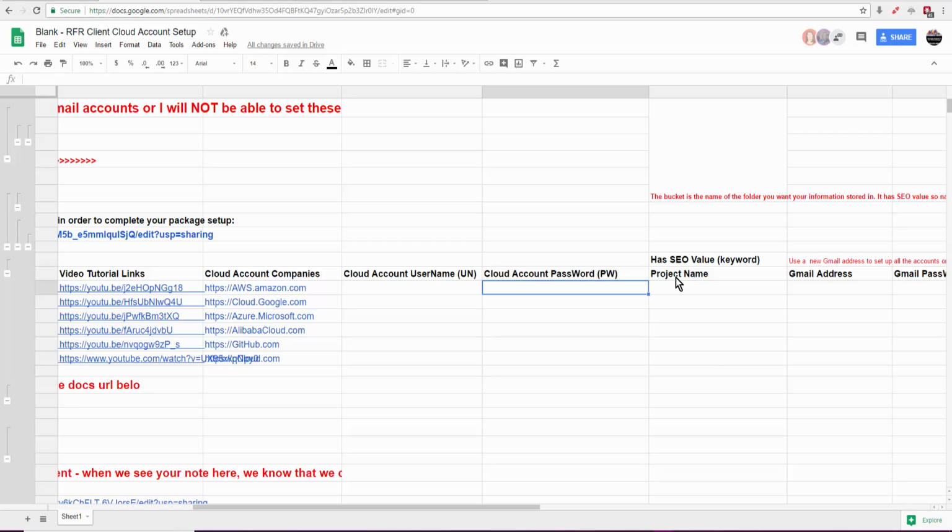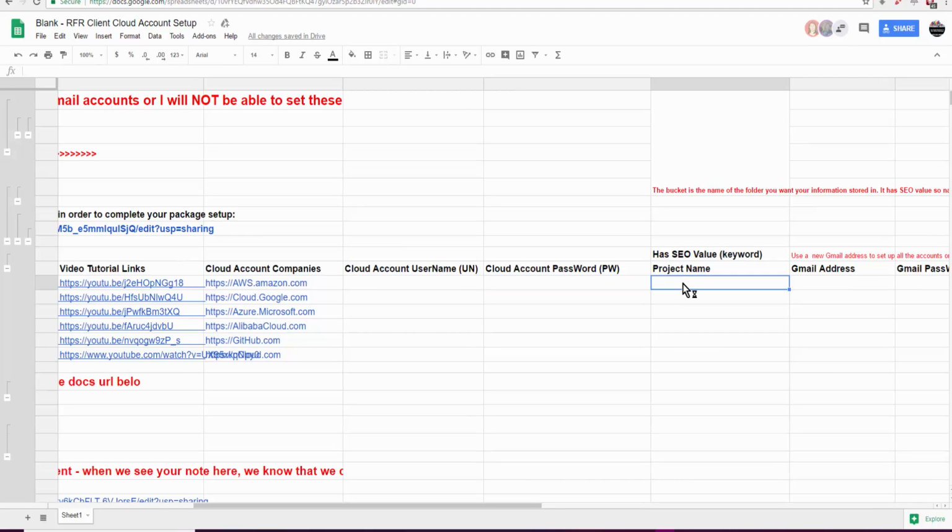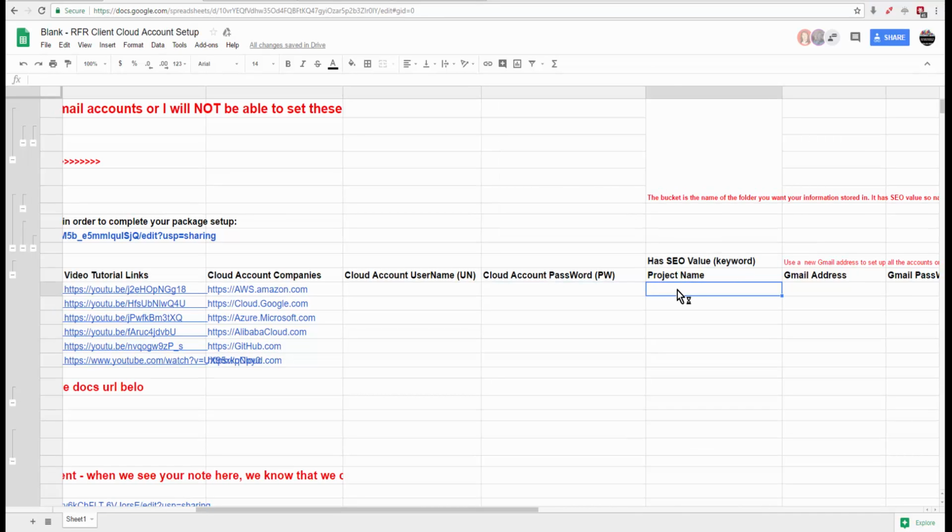The project name may or may not have SEO value, so you can use a keyword for the project name. If you want, you can use a different keyword for each of these accounts. You just want to add something to the keyword that would distinguish it from all other projects that would be in any of these different accounts. So if you used hardwood flooring, you would add, say, a city name or a company name or something to